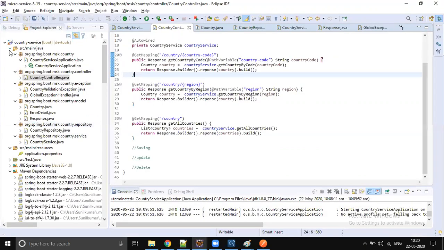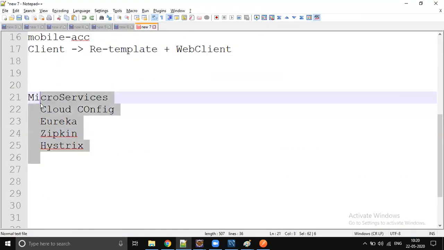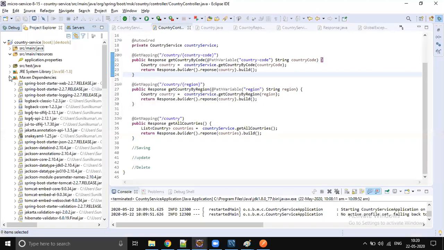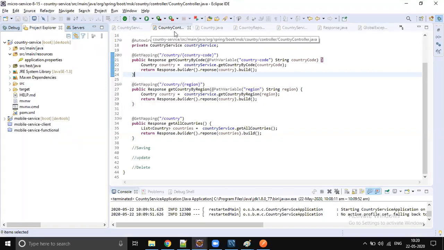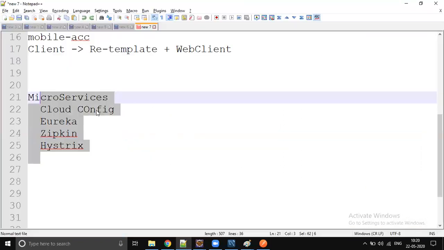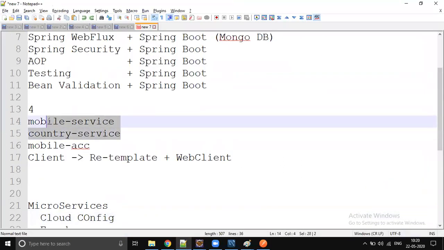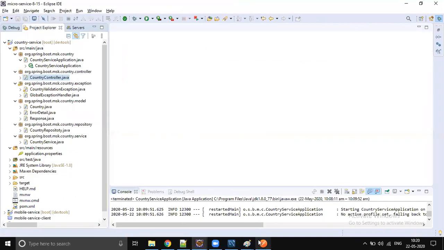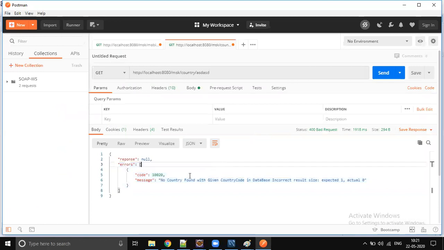The same service we will be using in the microservices. If you don't write, then you can't understand microservices. Then you will struggle. So start doing things at least from today. You should complete these 2 microservices: mobile service, country service. You should get hit from Postman. You should get response, error messages properly handled. No exception printed here. It's always supposed to be a proper valid JSON response.